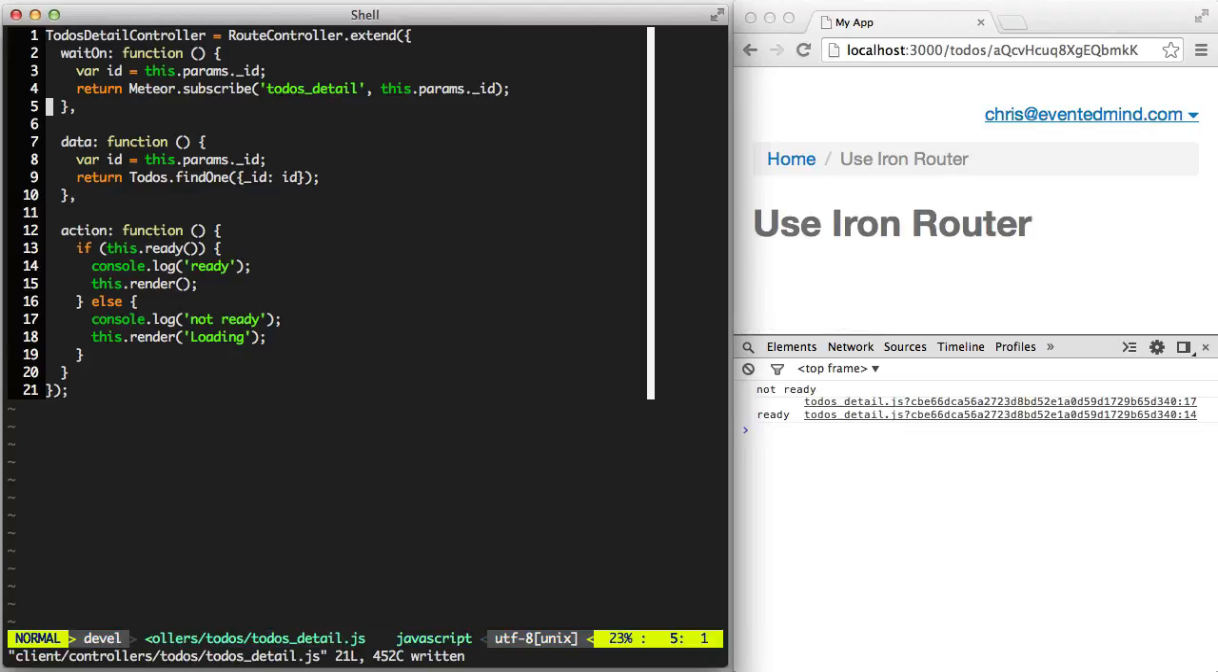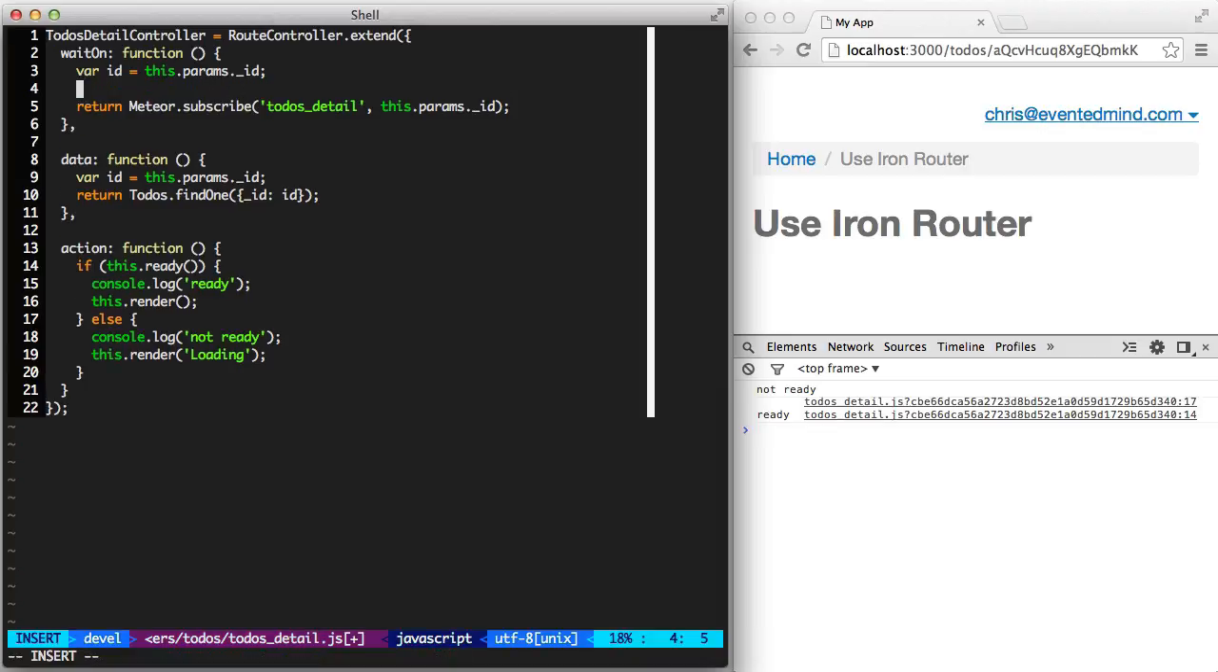And when I press save, we should have our data back in the right. One more thought about the waitOn function. Currently, we're only subscribing to one subscription, and we're waiting on that. We can subscribe to multiple things inside this function. And if we want to add those items to the wait list, we can add it to the return value